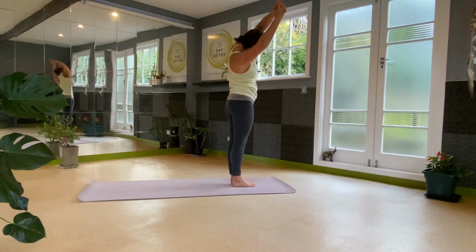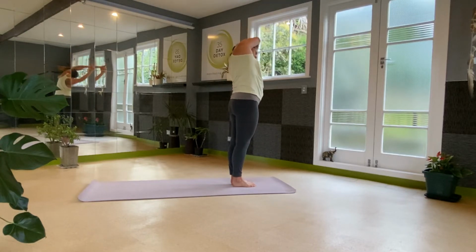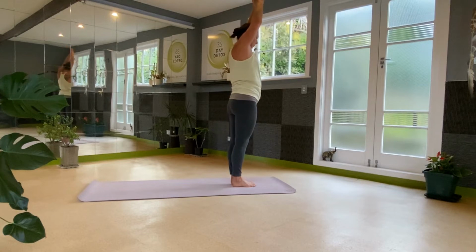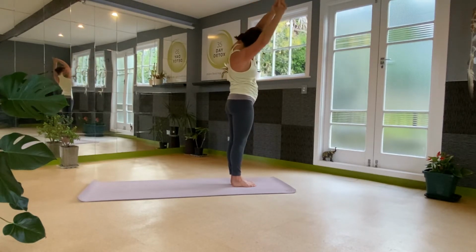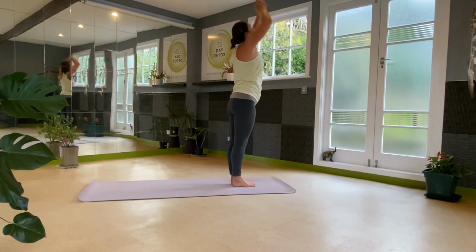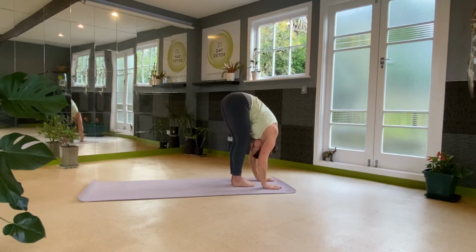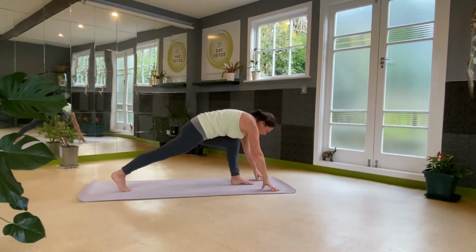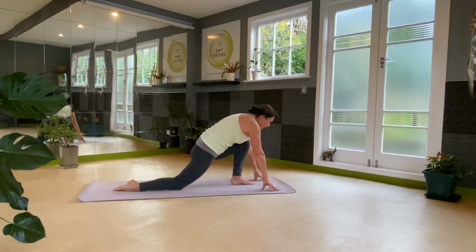Hands to heart. To left side. Side stretches first. 3 to each side. Breathing out as you go down, breathing in as you raise up. And then stretch tall and then fold down, bending the knees halfway, and then step the right leg back, knee